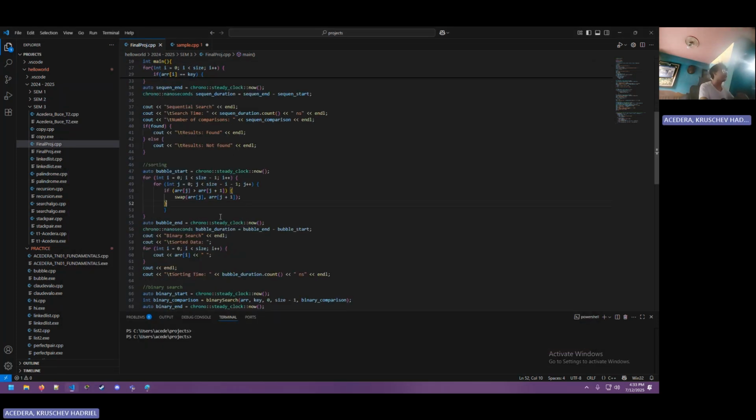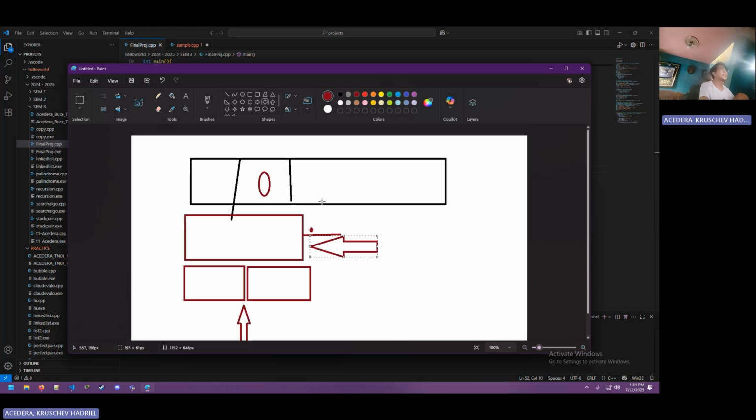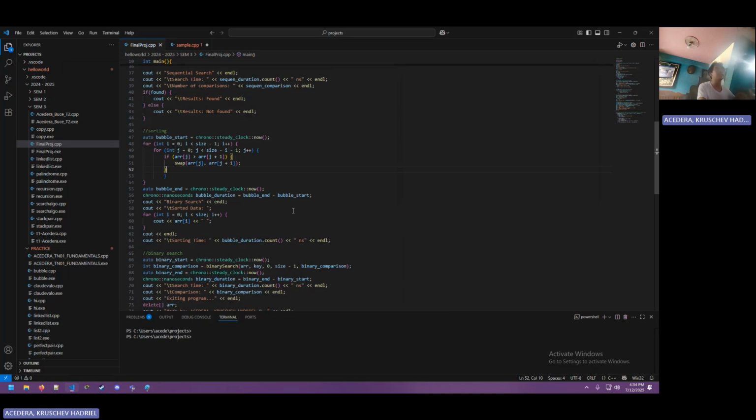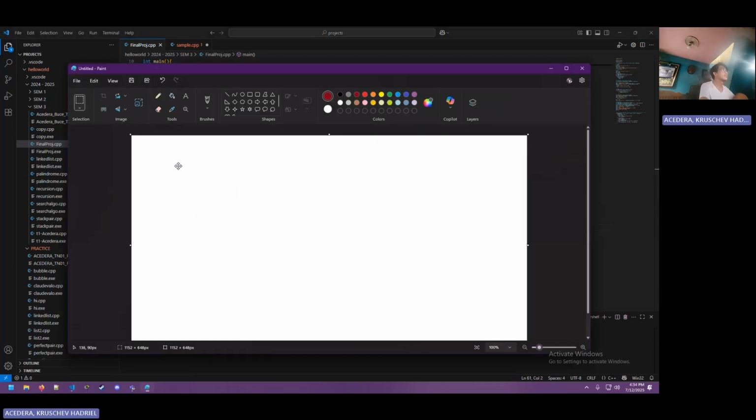Before doing your binary search, we need the data to be sorted, in ascending or descending manner. We could do any type of sorting algorithm. In my case, I did bubble sort since it's the simplest, and we were not required to optimize our algorithm.